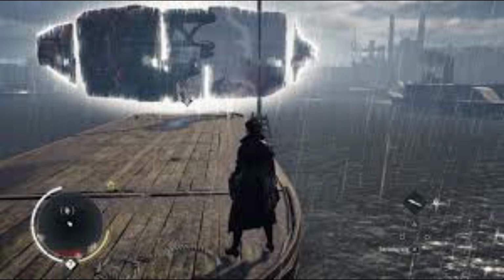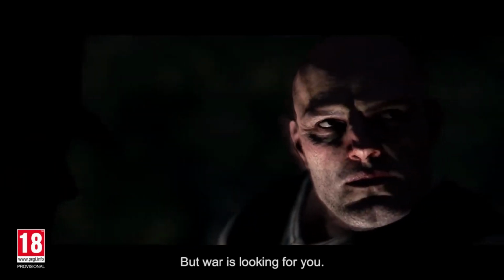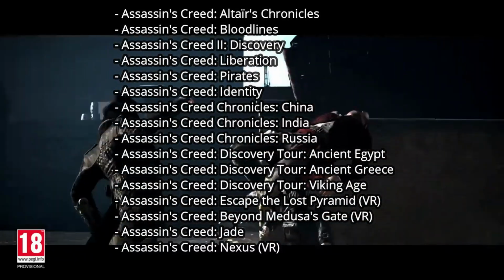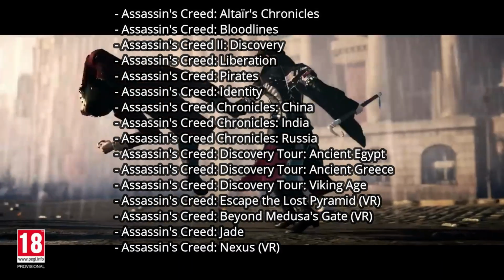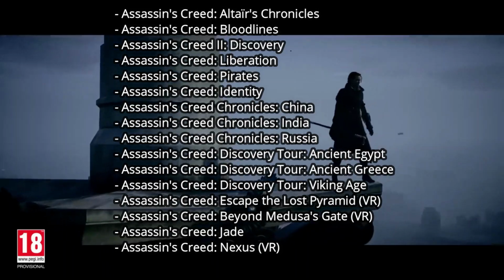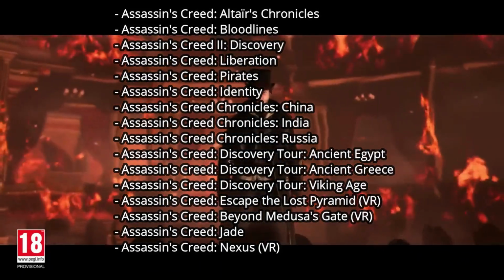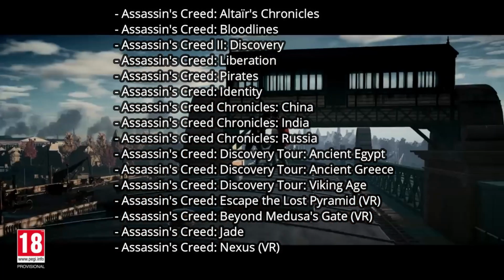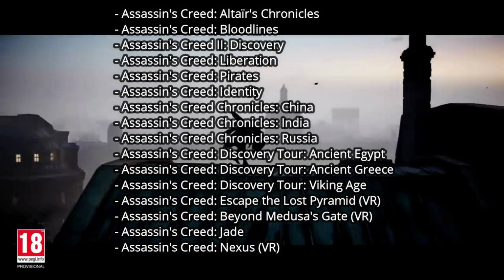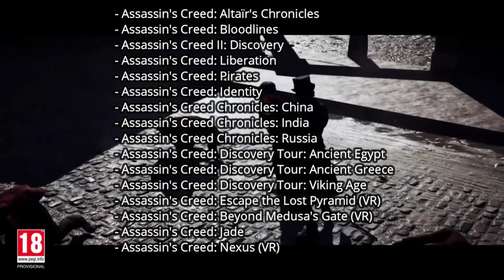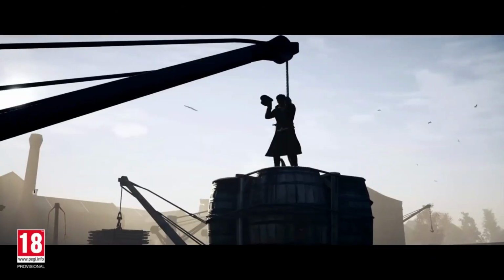So that's the list chronologically for now, but again, Shadows is coming out very soon. And just if you're curious, guys, I'm going to put a list of all the other Assassin's Creed games that I couldn't shimmy into this list. Now, to be fair, I'm not saying that these games aren't good or noteworthy. Some of them are very good. It's just they might be Xbox Live games, they might be additional DLC, some of them are even the VR entries, but they are still part of the Assassin's Creed world.